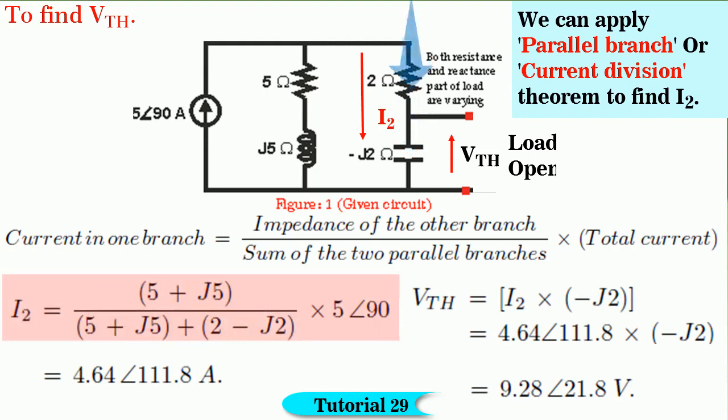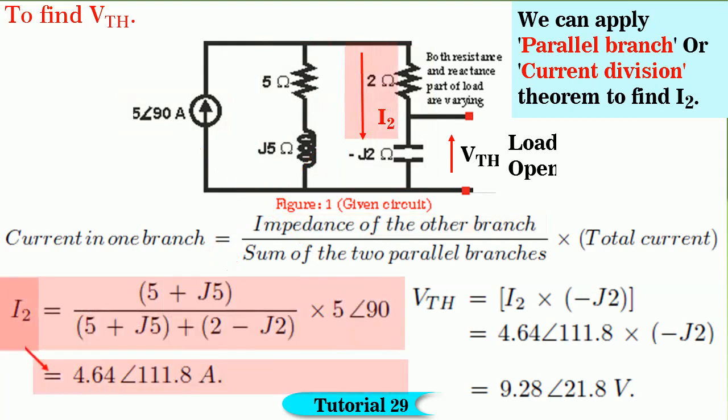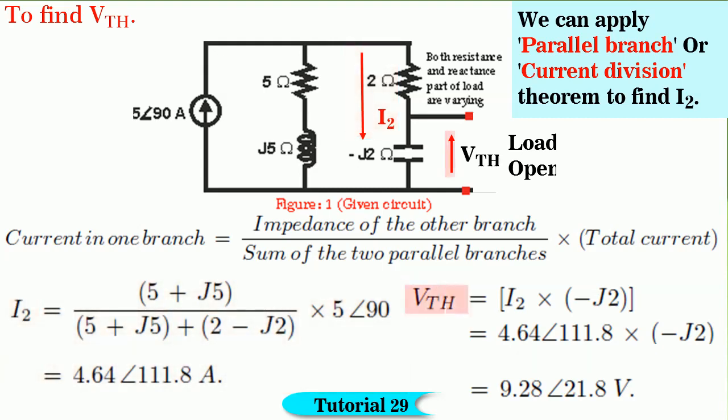Hence, I2 is equal to impedance of the other branch divided by sum of the two parallel branch impedances into total current. By solving, we get I2 is equal to 4.64 angle 111.8 amperes. But VThevenin is equal to I2 into minus J2. So, by substituting for I2 and solving it, we get VThevenin is equal to